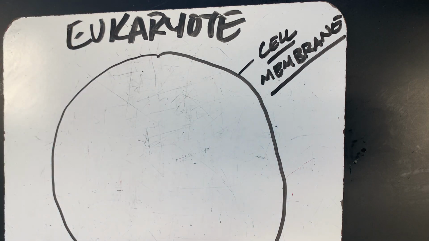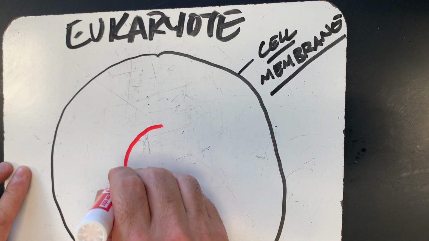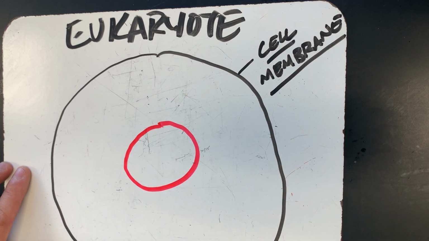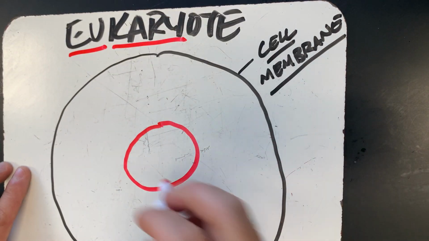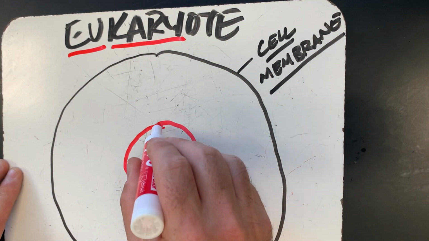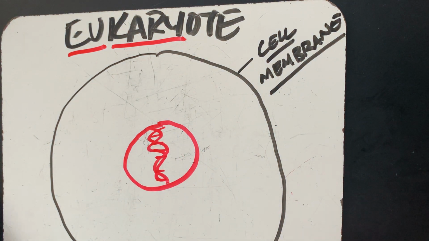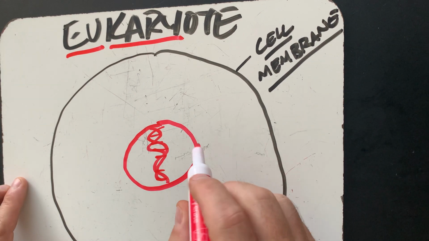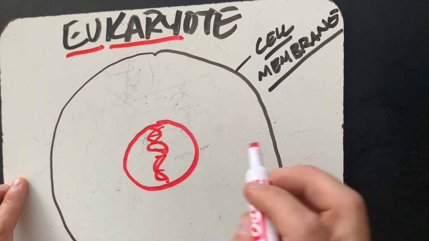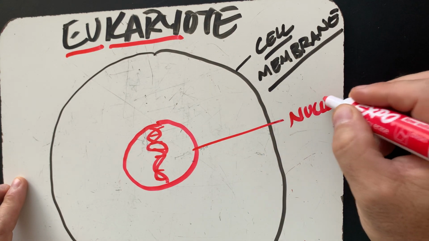So it surrounds it. Next, let's draw the most obvious one, the one that you're probably all familiar with, that kernel. When scientists looked at cells through a microscope, that true kernel they saw was this, and that's the nucleus. The nucleus has DNA in it. My light just went out, but I guess you guys can still see this. It has DNA inside, and we'll get into detail about the nucleus later, but this is the nucleus.